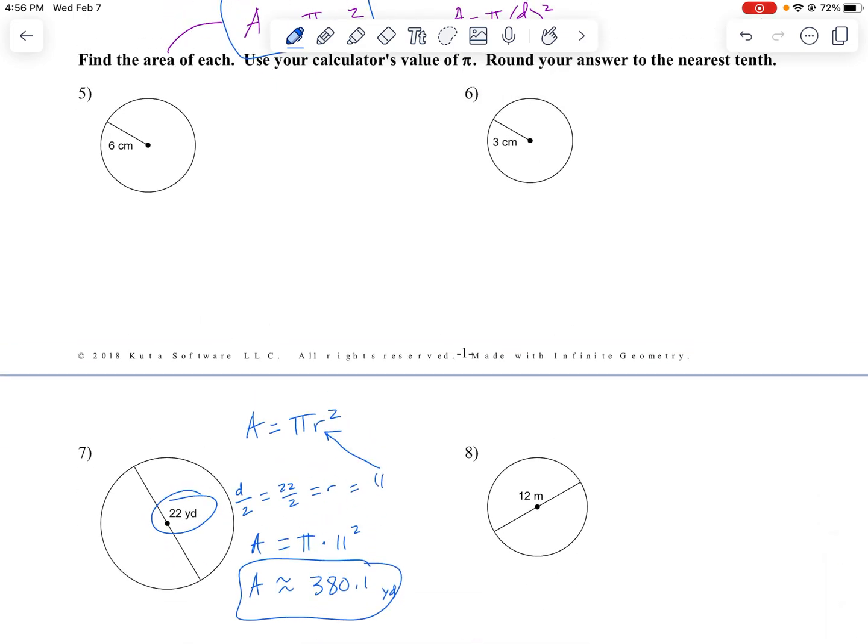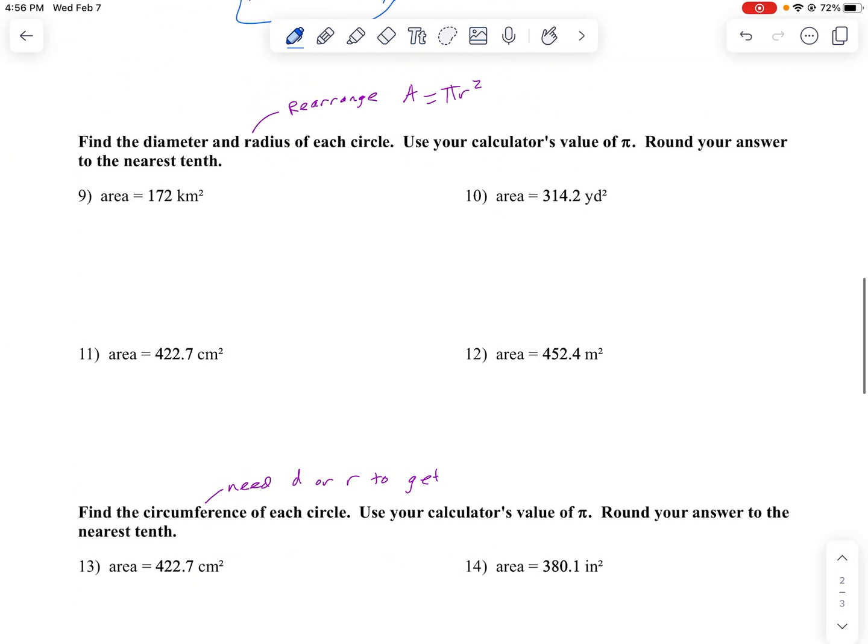Plug in the formula to get circumference, plug in the formula to get area. You've probably done these things before. It might have been a couple years, but you should have done it before. If this is completely new to you, it's the formulas. You plug things in. It's great. The next